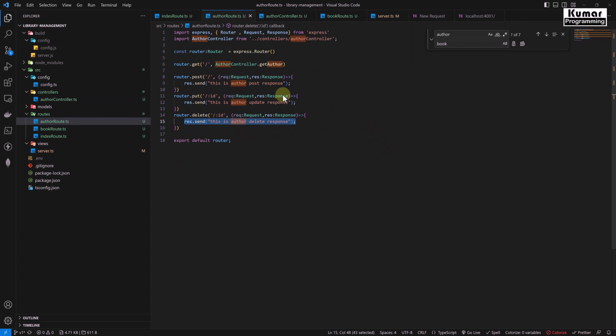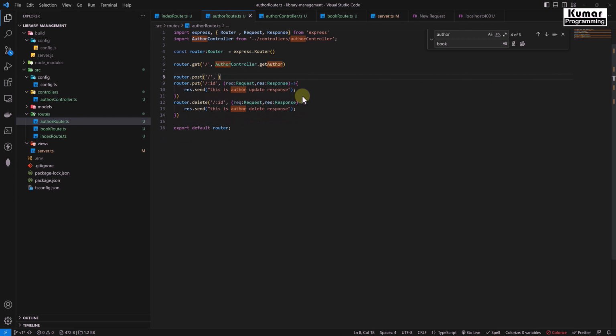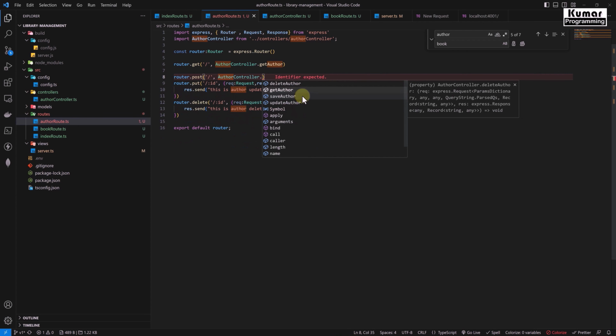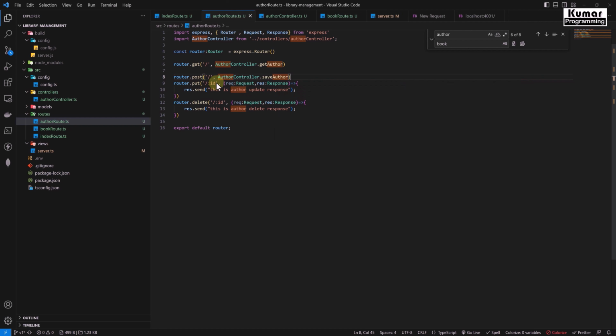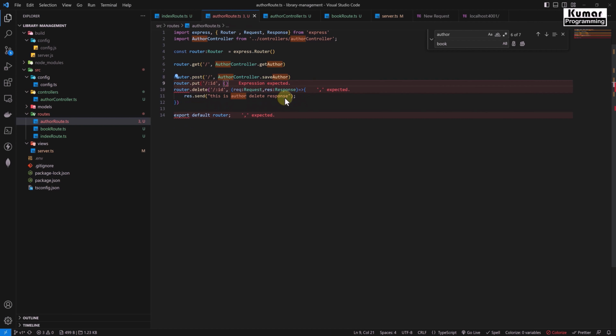Okay, now from here we can remove all these logics and directly we can use authorController.saveAuthor. Similarly here also we can use authorController.updateAuthor. And here we can use authorController.deleteAuthor. Okay,